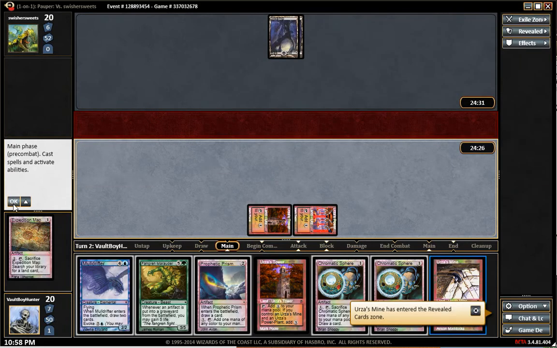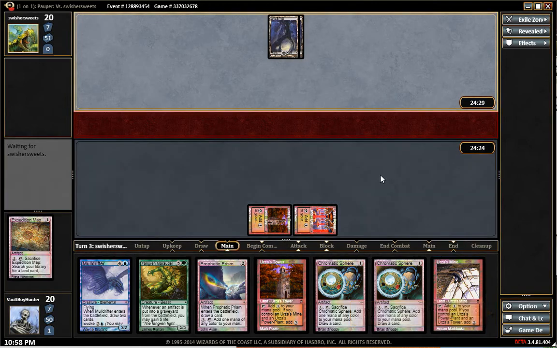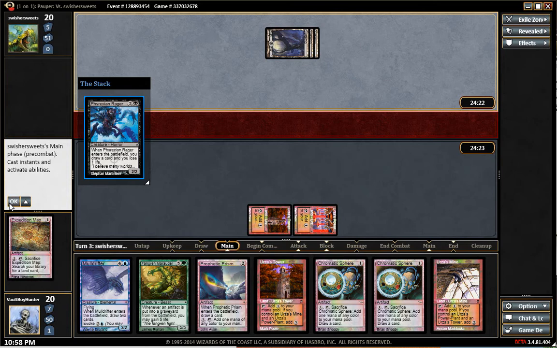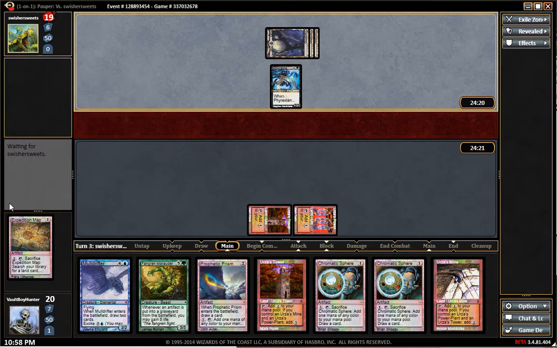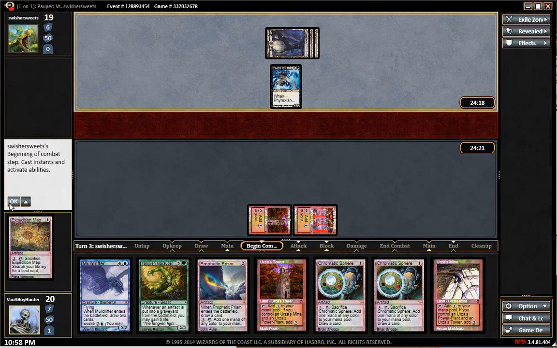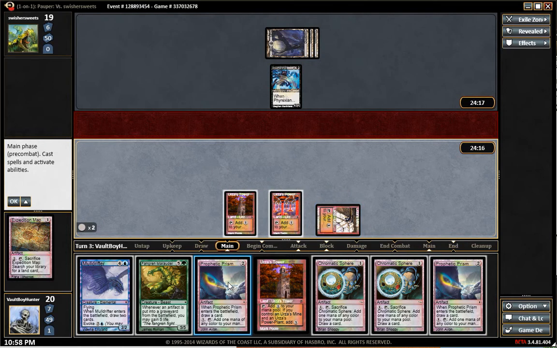Mine. And so next turn I can drop... I don't really want to drop the Marauder into what is more than likely a sac effect. I'll probably drop the Drifter and the Prism. So mine, Prism,